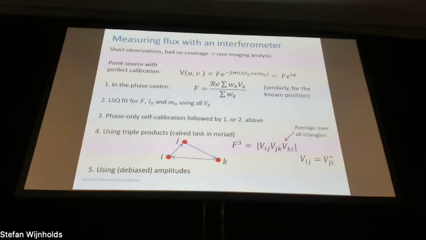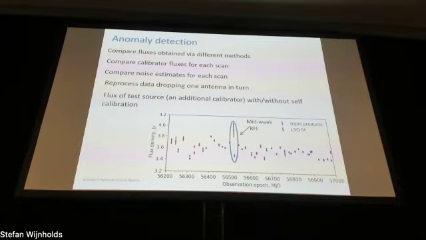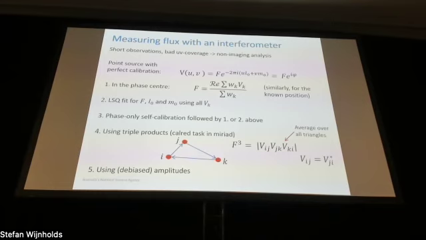And here we come to how we measure it with an interferometer. Observations are short, so imaging is out of the question here. If we consider how we measure fluxes from imaging, it's another kettle of fish. But for short observations, we basically have to do non-imaging analysis. So if we have point sources, and masers are good point sources for the Compact Array, then visibility should be represented very easily with this equation.